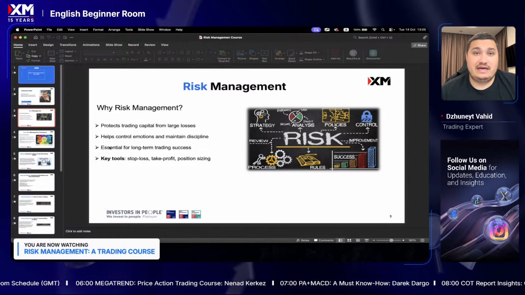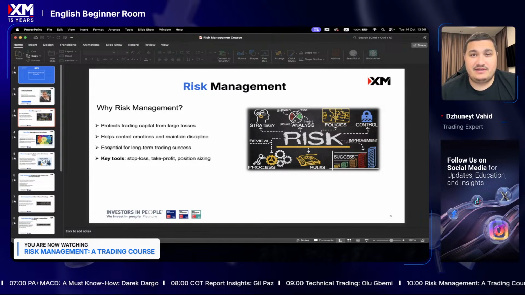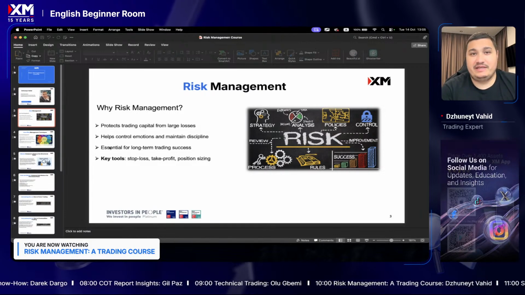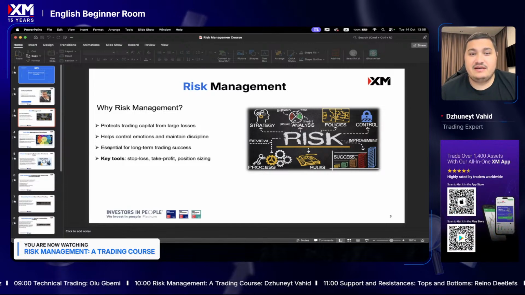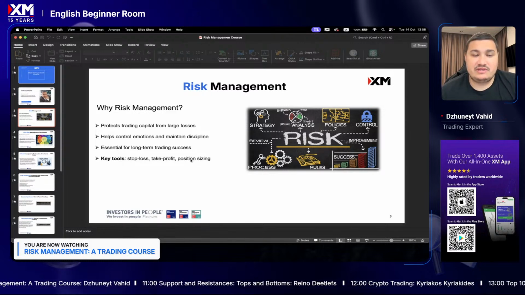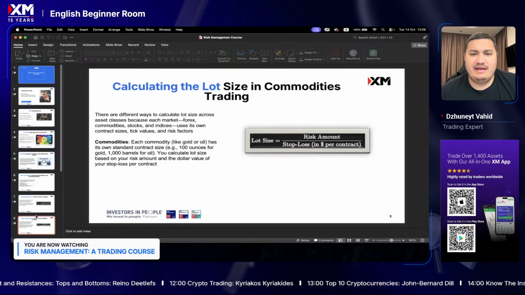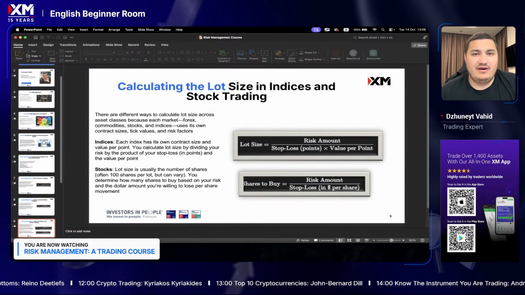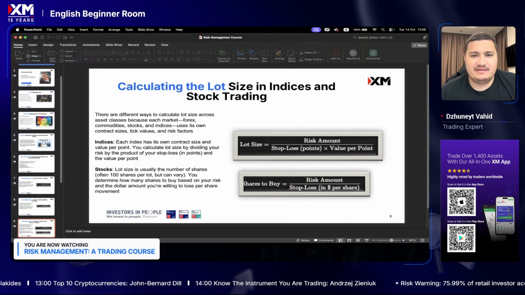The key tools that we can use in risk management, especially if we are beginners, are stop loss, take profit, and position sizing, after we did all the other job that we had to do until we come to the entry level. These are the ways that help us. The position sizing, basically, we do ourselves with certain formulas. They are very simple and easy, and many very experienced traders do it very fast because